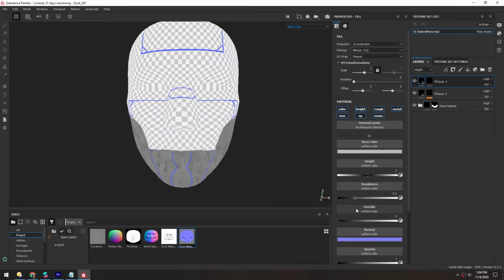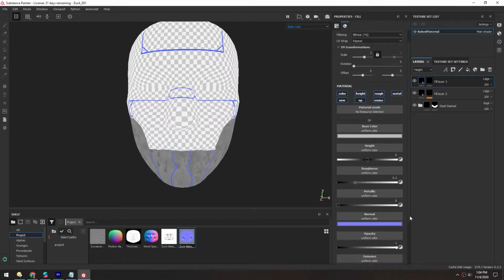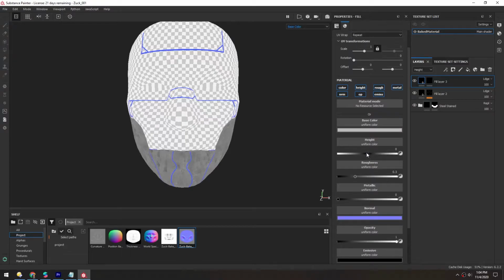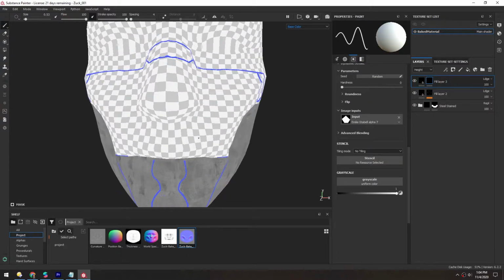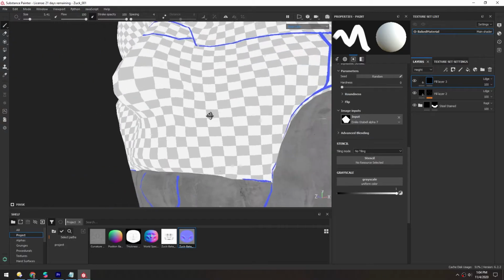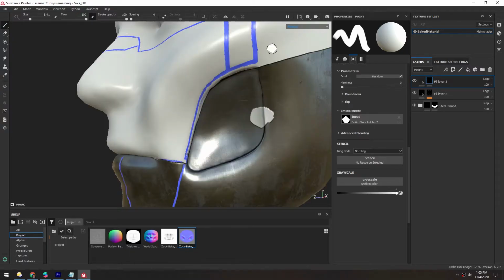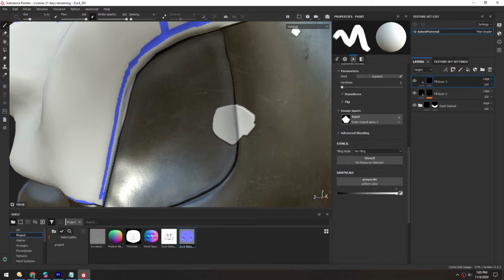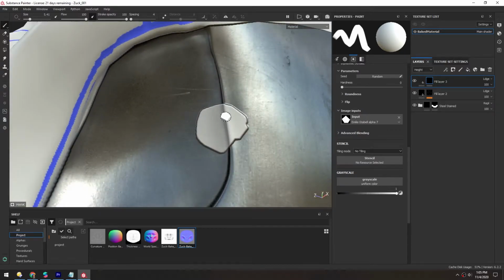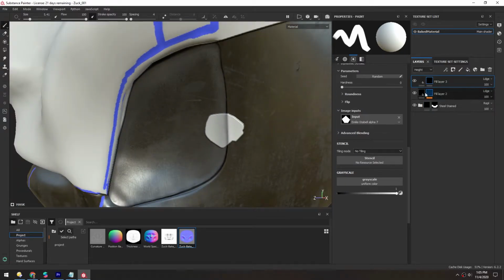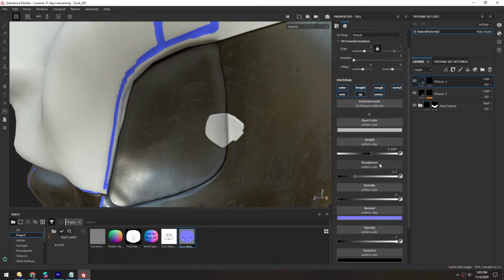And then we want this to be elevated a little bit. So under the height, we'll turn this up just a bit. So now as we paint on, we should get some height information as well as this color information. And we'll switch back to our basic material or material view. Now you can see it looks like this is elevated because we've turned the height of this fill layer up just a little bit. You can see I can adjust it on the fly here, which is really handy because